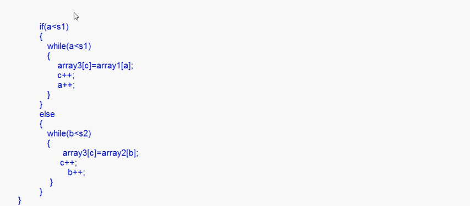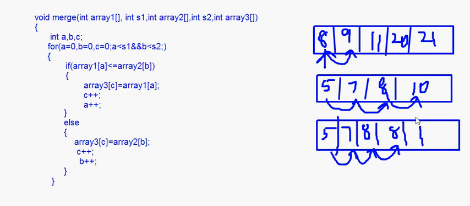I'll just explain this. In the if A is less than S1 part, in this case array 2 will be finished first, and there will be some elements left in array 1, right?